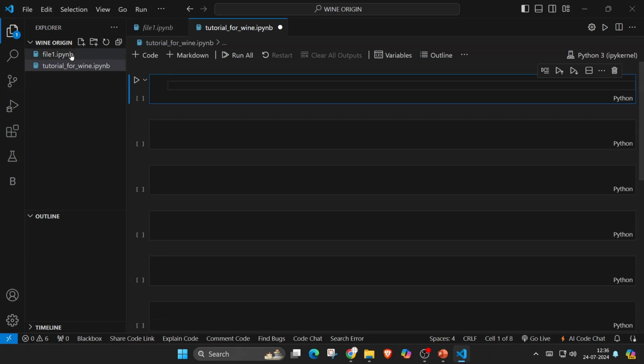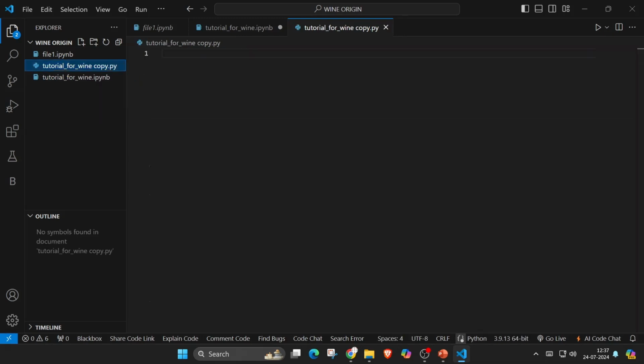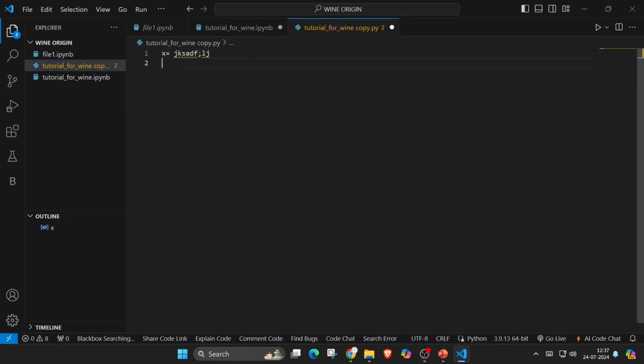Each time you run a .py file, let me just copy this file and make a duplicate. Over here, see, let me add a .py over here. So each and every time you define a variable over here, and then you run this file, what it will do is, it has a grid of memory. It will assign a new point, a new space in the memory again and again as you run.